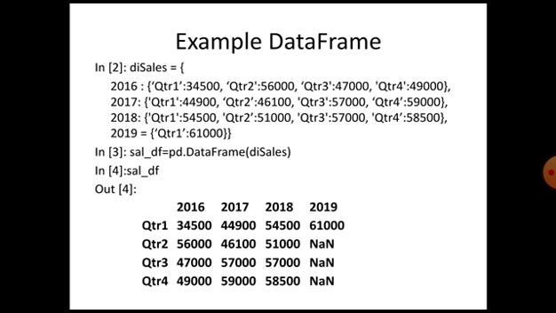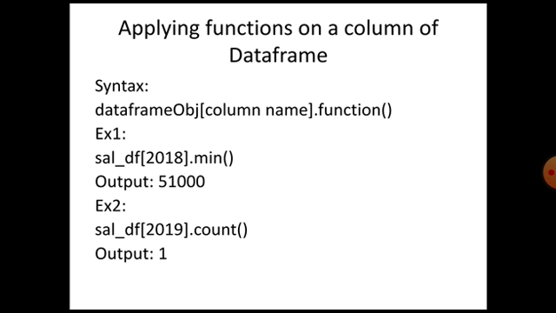So here we are having an example data frame. The example data frame is cell df, that is based on the di cells, and di cells is displaying the sales of the year 2016, 17, 18 and 19, and this is the output how the data frame is created. It is having columns as 2016, 17, 18 and 19, and rows as qtr 1, 2, 3 and 4. So now the very first